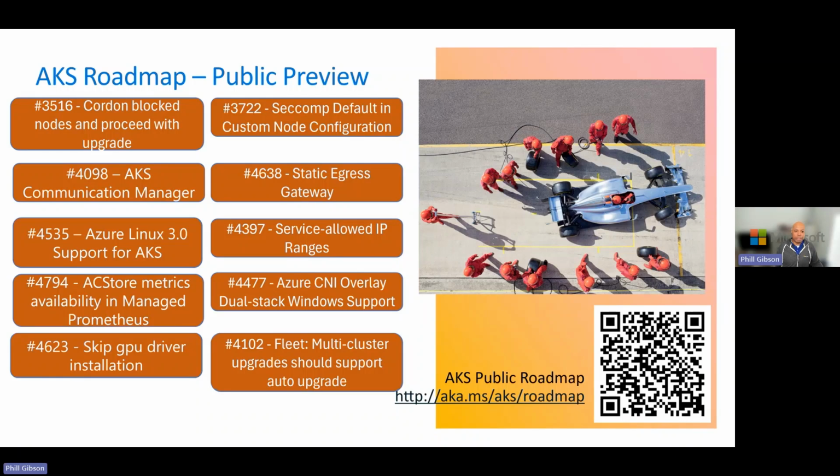After that, we have the static egress gateway. This is to create a static egress gateway on your node pool. This will allow you to annotate your pods and send traffic via the static egress gateway rather than your outbound type. I believe this is somewhat out there. We're working on the private IP scenario at this point. So public stuff is working, we're still tooling on the private side, and this will land sometime in Q2.